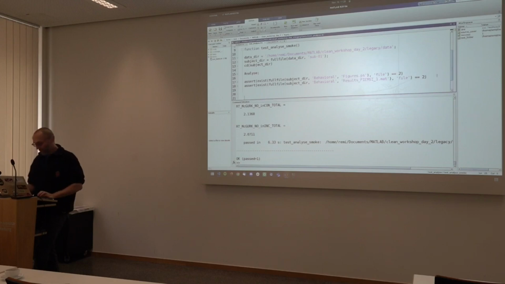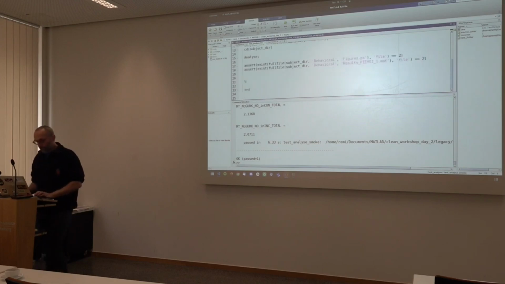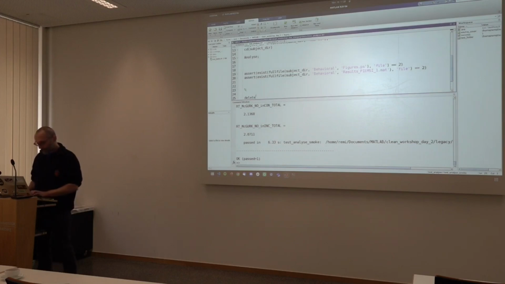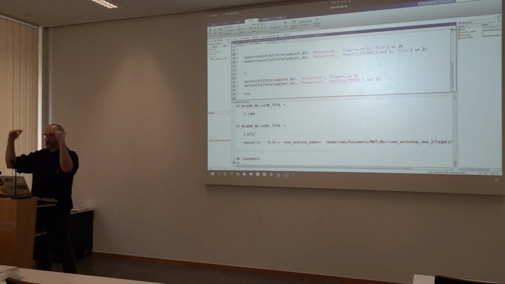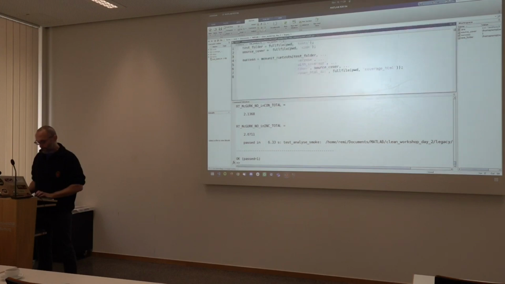So the thing you want to do after that is sort of delete them, right? So what you can do is delete this file, and then delete also the output here, right? Oops. So to make sure that you always start and end pretty much from the same situation, so that whatever was created during the test is deleted at the end of the test, right? Nope, that's not going to run. Go through here.